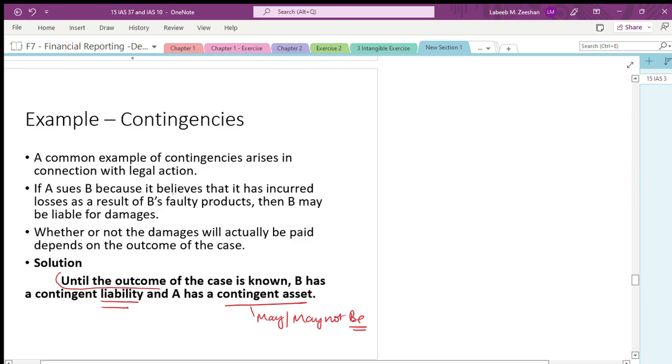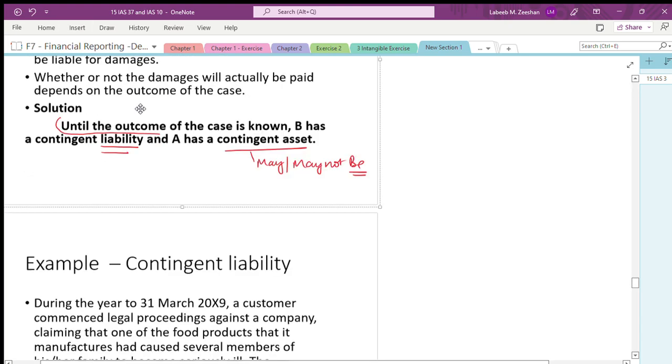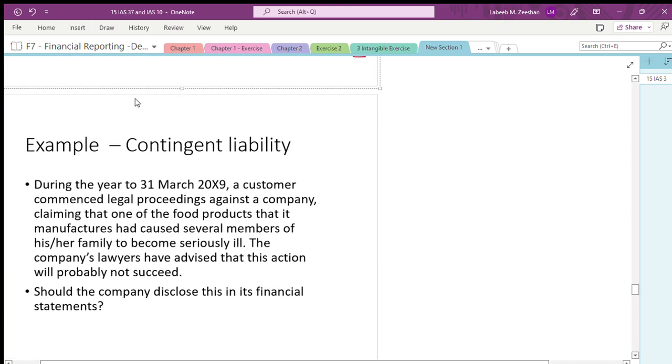It is still in the court. It has not been decided. We don't know whether it will be in our favor or go against us. Till that point it is not decided. It is feasible to identify it as a contingent liability in our books, and in the books of the other party it should be a contingent asset. The same thing happens.